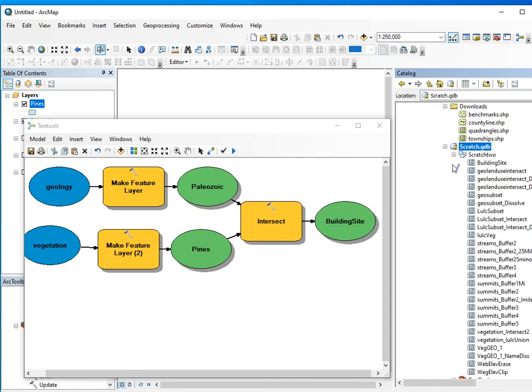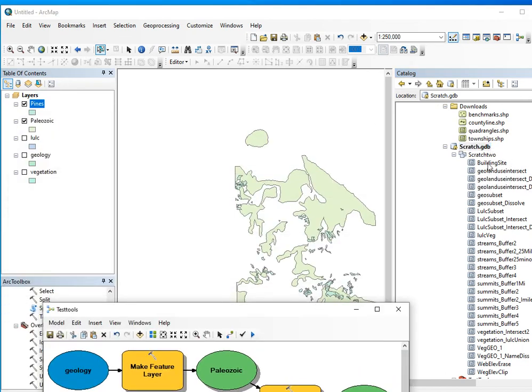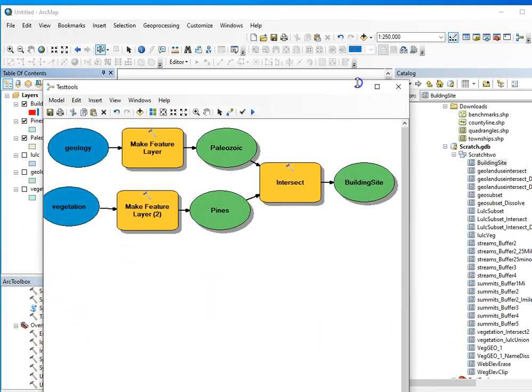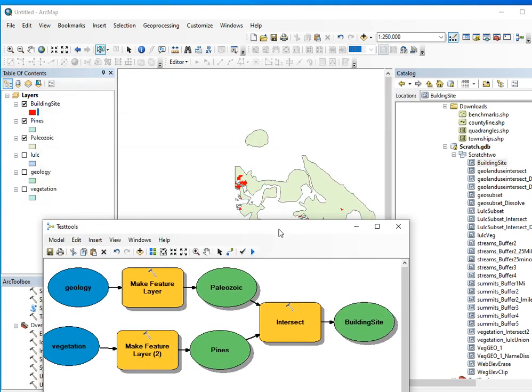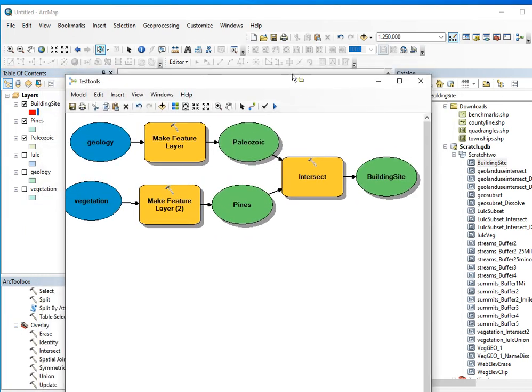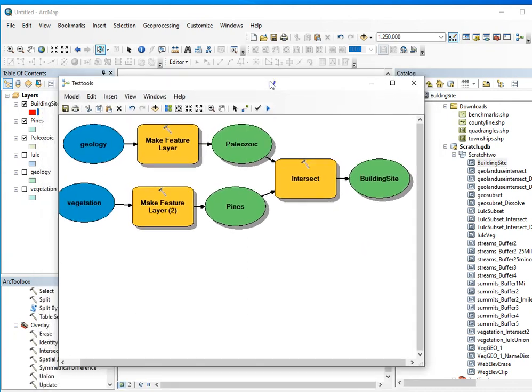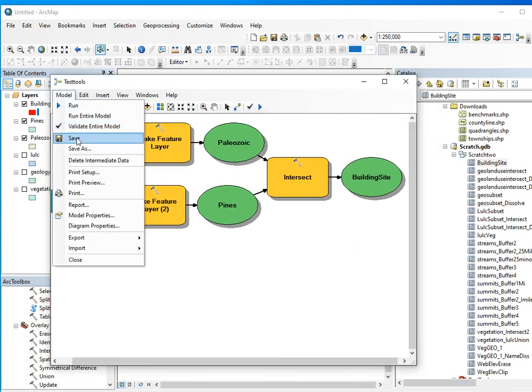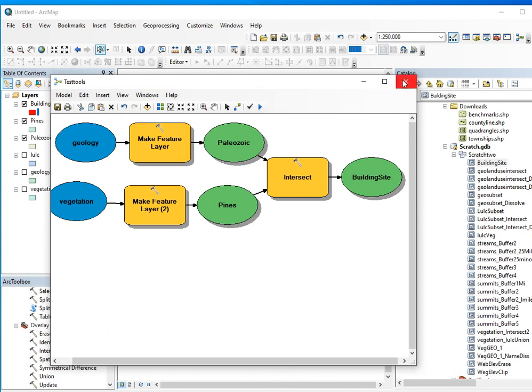And it supposedly went into my scratch. Oh, look at all of that. So here's my scratch layer. And I put my building sites there. Okay, and there they are. So that's my intersection. So if this is a model I've developed, I can send that to anybody and they can run that model. I'm going to save the model, and you can